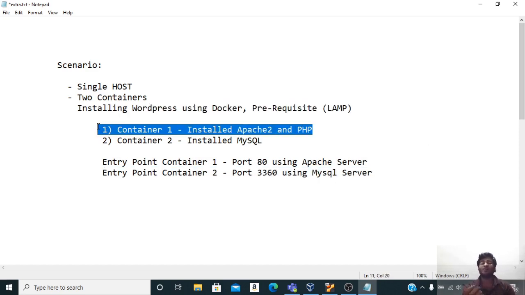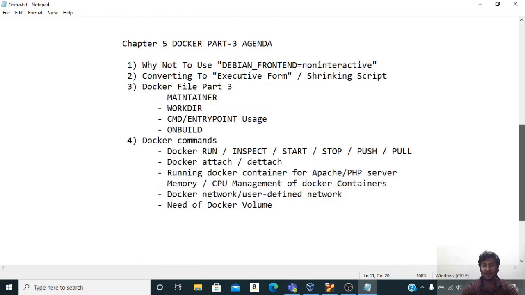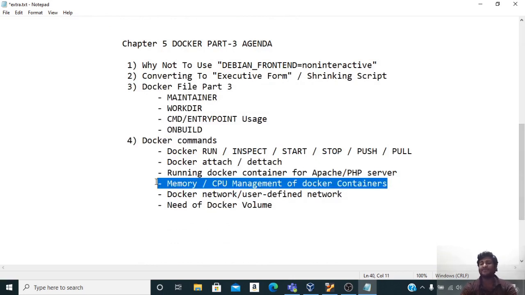We will make sure that our Docker script is written professionally, it is matured and performance optimized, and then we will discuss some key areas on how you can manage the memory and CPU of Docker containers. There are a few things while performing tasks on Docker using commands, some day-to-day commands which have to be used frequently. So we will have a discussion on that.